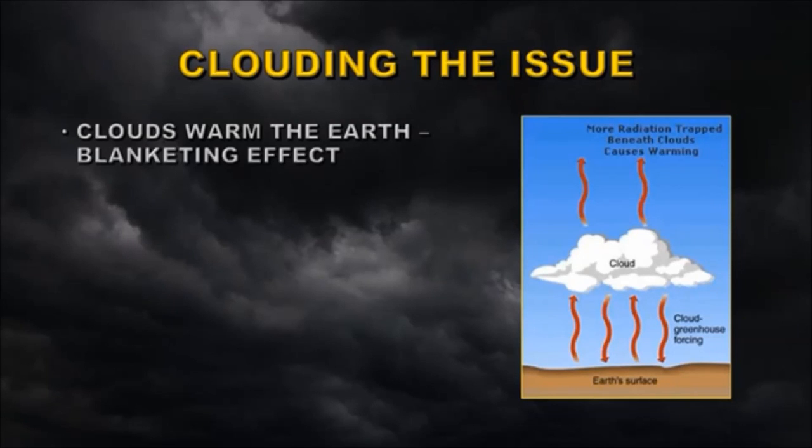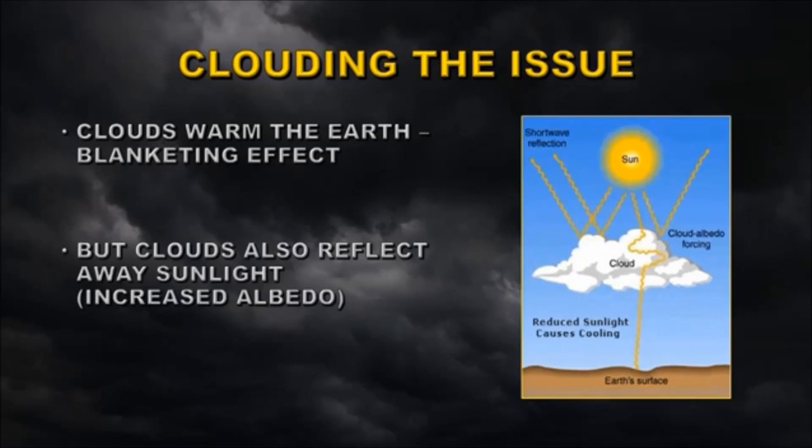Clouds indeed do warm the planet, but using a blanketing effect. They reflect infrared radiation from the surface of the Earth back down towards the Earth, warming it. But that neglects the other aspect of clouds, that they also reflect away sunlight, increasing the Earth's albedo, which is a cooling effect. And it's very hard to tell what the net effect of those two is. All we know is that the net effect is very, very small. So we can basically ignore the effect of clouds. So that leaves the water vapour producing about 2/3 of the warming, and all the other greenhouse gases, primarily carbon dioxide, producing 1/3 of the warming.